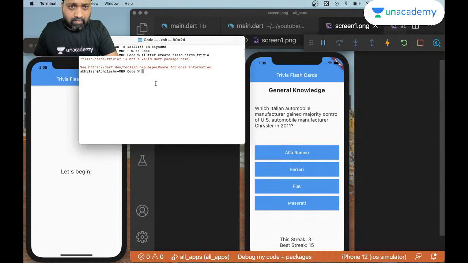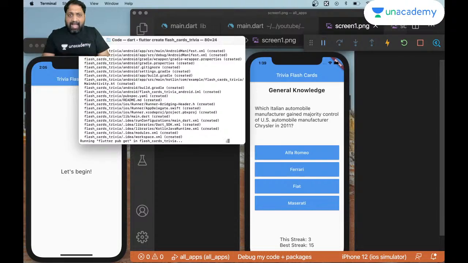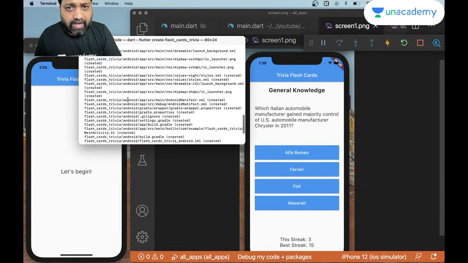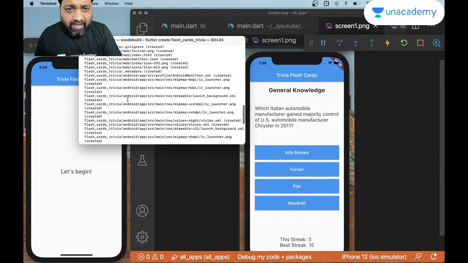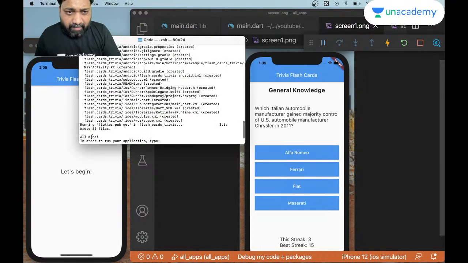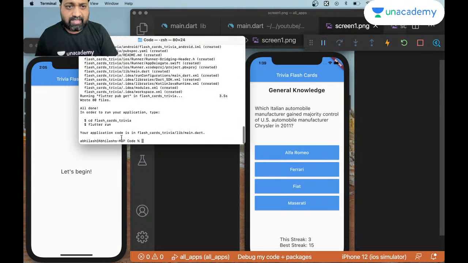Whoops, I guess I'll have to use an underscore. So once I hit that, terminal goes ahead, the Flutter program runs, and it does a lot of this stuff. And basically, once you get the message that says all done, and then it says in order to run your application, type this and all of this, you go there and